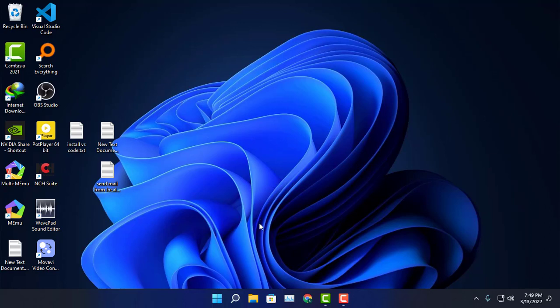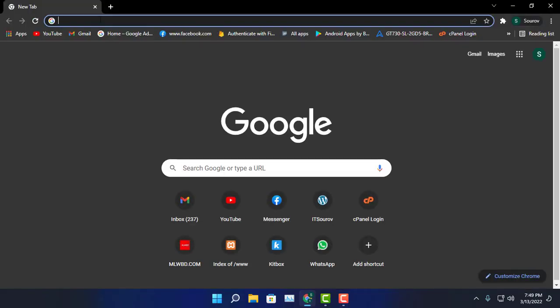Hello guys, today I will show you how to install Atom code editor in Windows 11. So Atom is a popular code editor. It is powered by Google. So for that, first go to a browser and type